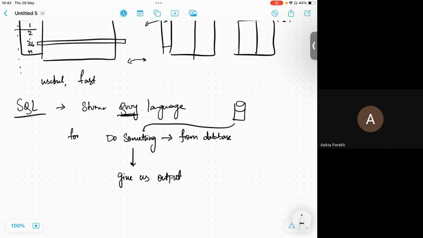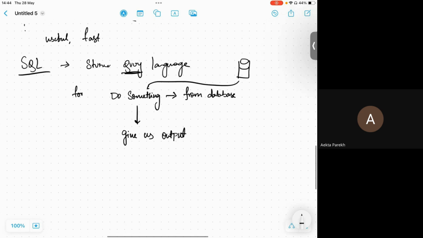So this is, in basic theory, how SQL works. SQL has different types of syntax for how we store data and what tables are present, with multiple applications.